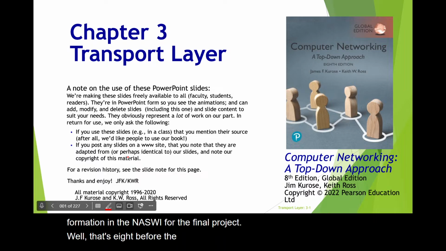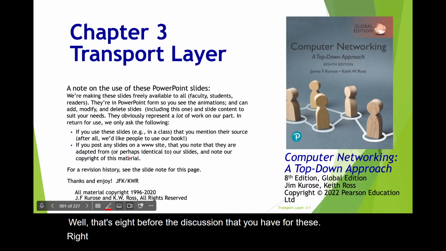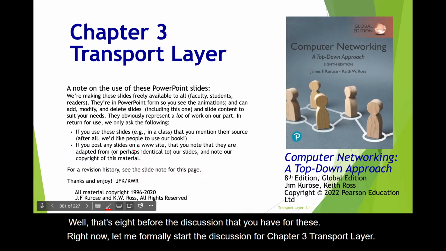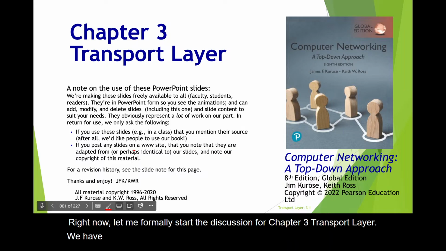Right now, let me formally start the discussion for chapter 3, transport layer. We had the application layer in chapter 2, so we have the transport layer for chapter 3.